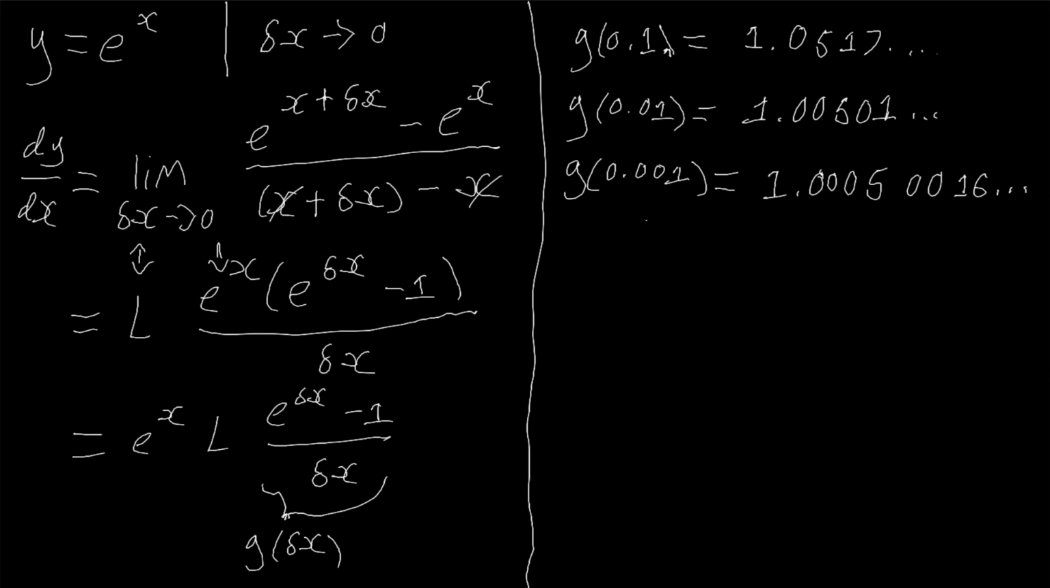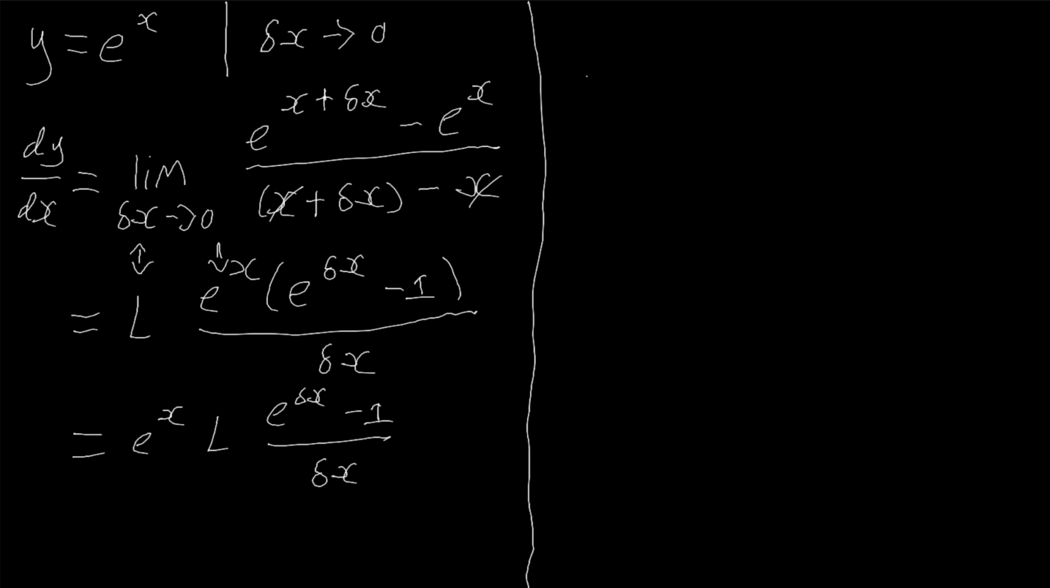We can pretty much infer from this that this limit, as delta x approaches 0, is going to be equal to 1. And if this limit is going to be equal to 1, then we know that dy dx is going to be equal to e to the x multiplied by 1, which of course is just e to the x. Now, for the second, slightly more rigorous way of proving that this limit is equal to 1, we're going